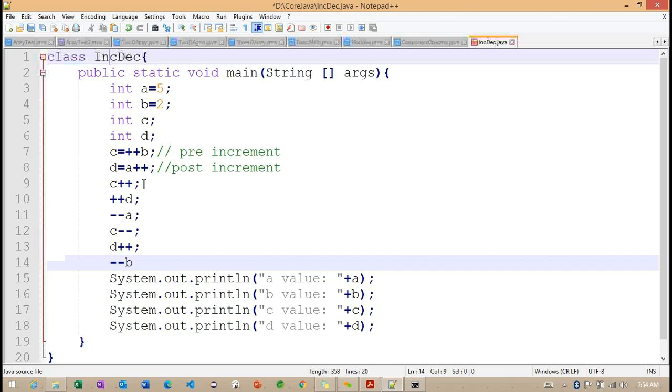So what is your output here? Because we are having the four variables here, but only the different. So we added some more expressions here. We need to understand how exactly these increment and decrement operators are going to work.